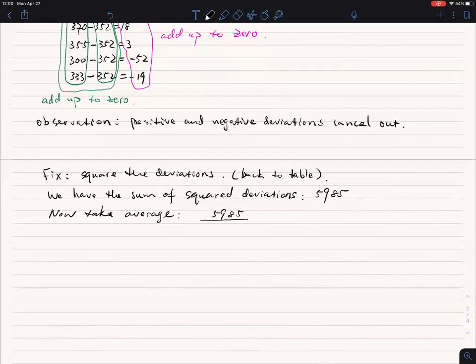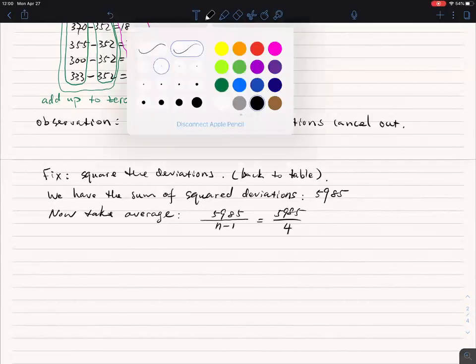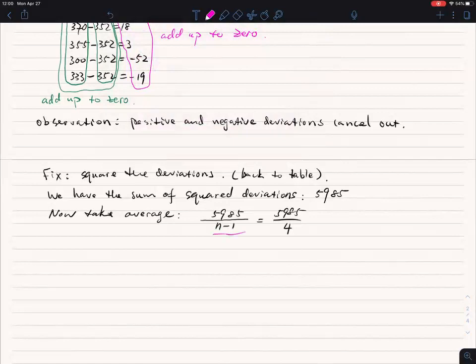So as a sample, we're not going to divide by n, we're going to divide by n minus 1, one less than the total number. So I'm going to divide by 4. So divide by n minus 1,